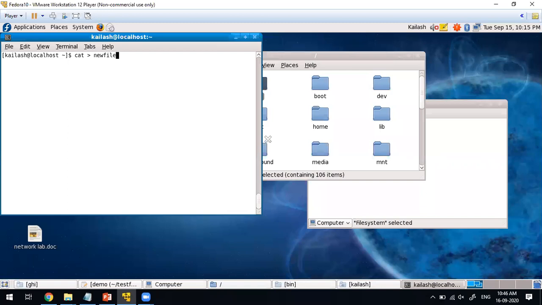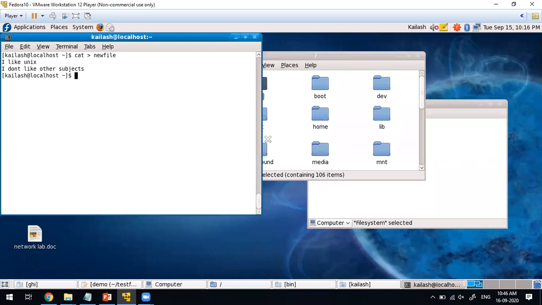If I press enter, then whatever you enter from the front end will be directly stored in that file called new file. In order to stop the input, you have to use Control D.